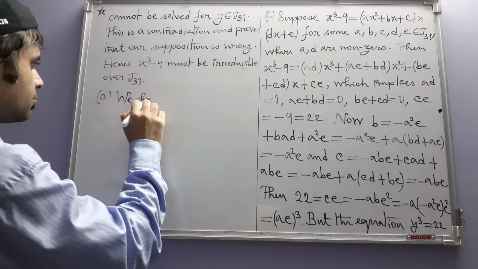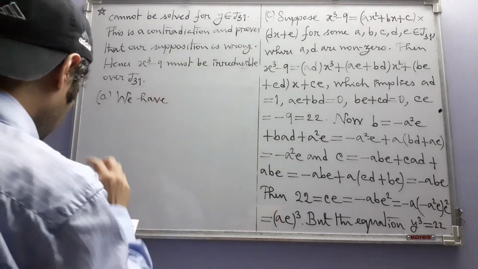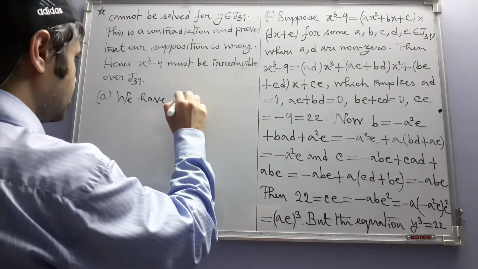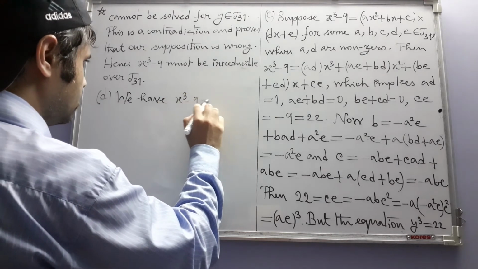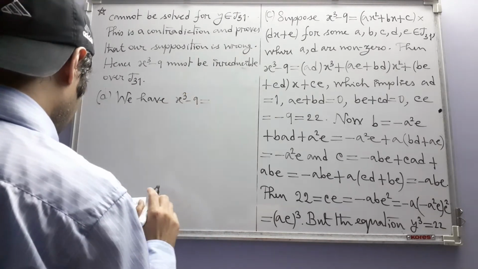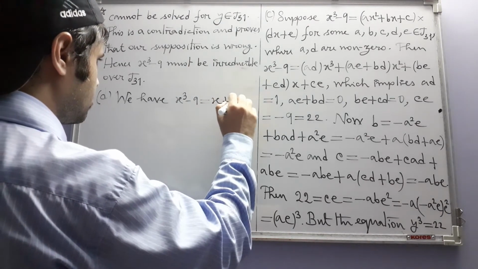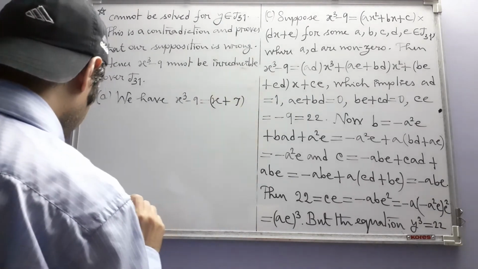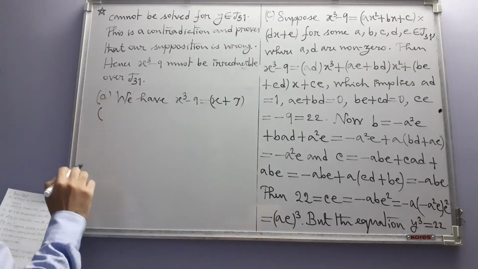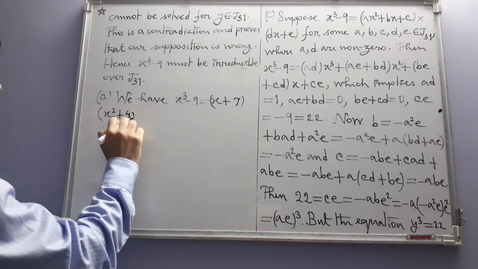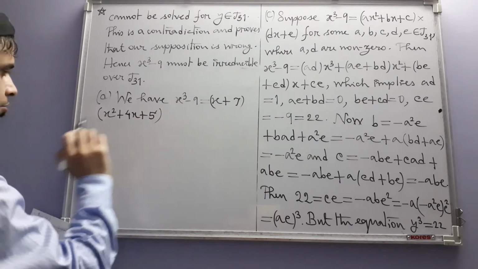We have, now here I am going to write a non-trivial factorization of x cube minus 9 directly. I leave it to you to verify that this statement is correct. Times x square plus 4x plus 5